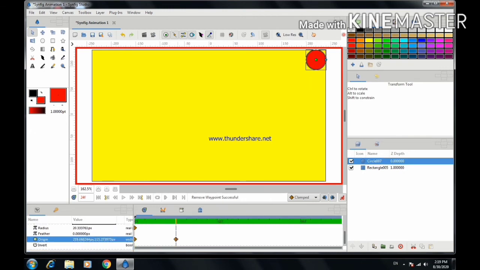Okay, now moving to the 40th frame, click on this and move here. You can see waypoints are created over here. Now click on the next frame, that is the 72nd frame, and click over here.